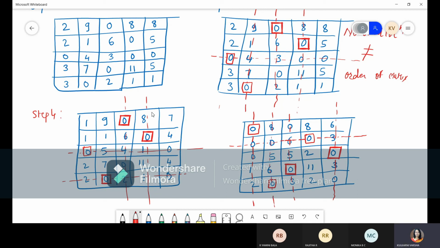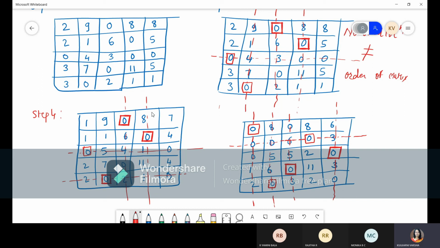Then check row wise and column wise. This column is cancelled, this column cancelled, this column cancelled, only this column remains, and there is no 0 in this column. So everything is done. Now you count the allocations: 1, 2, 3, 4, 5.